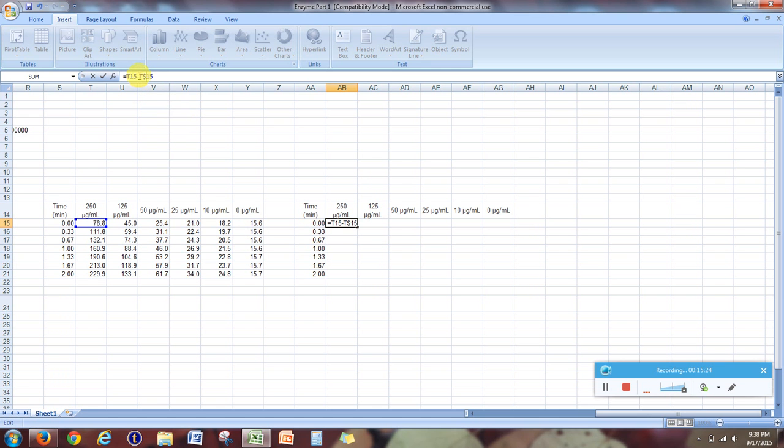I'm not going to put a dollar sign in front of the T, because when I copy paste it, I actually want it to change columns as I paste across, but I want it to stay pointing at row 15. So that's what I'm going to type in here. Now, when I copy paste this down,